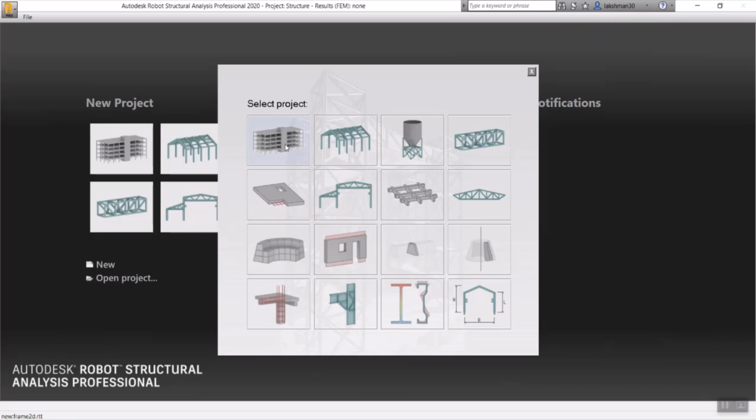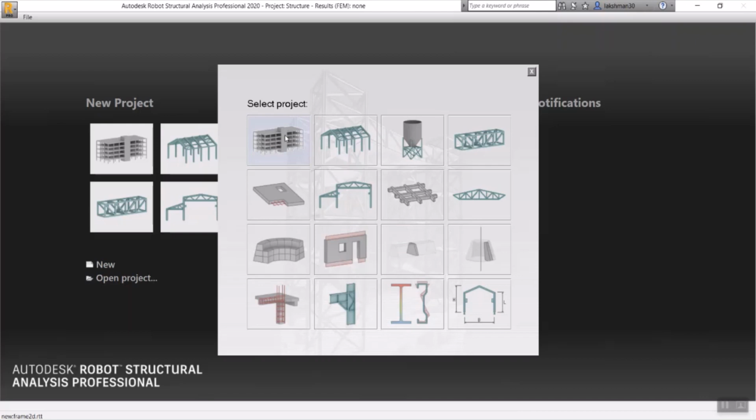As you see, the first one is a building design template. Mostly for RCC kind of structure, we'll be using this template. For a steel structure, we'll be using this template, frame 3D design. And for any shell designing or something like that, we'll be using this. You can easily identify those things. When you keep the cursor on that particular image, it will tell you what type of template it is. Now, if I keep it here, it's frame 2D design. So these are all the different templates available in Robot Structural Analysis. When you're going to create a new project, you should know which type of template you should open.